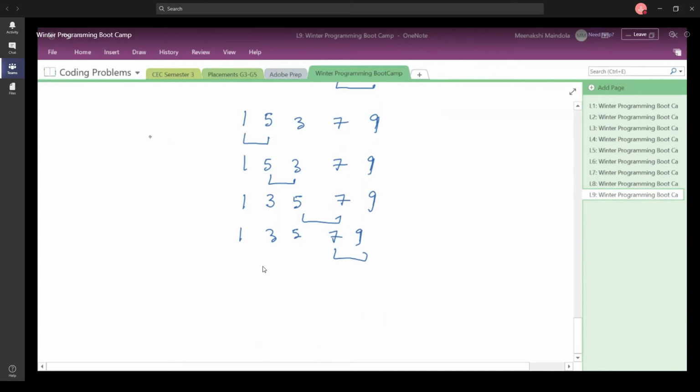You only run two loops, starting from i equal to 0, going up till n minus 1, and then another nested loop inside of the i loop. You have the j loop, and simply compare two adjacent elements, and swap if they are not in the correct order. Okay, so that is about bubble sort.